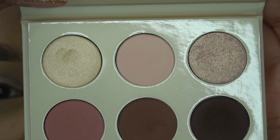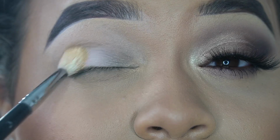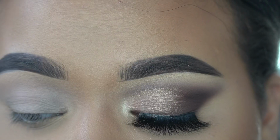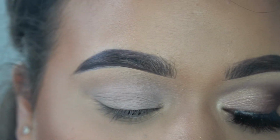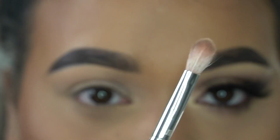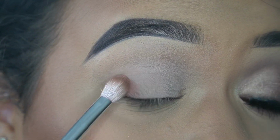You can create any daytime look or a nighttime look. The first shade is called Etched in Stone. A nice blending brush, and then just set it all in place. Next shade we're going to go into is this pink shade, called Just Married. Beautiful rosy mauvey pink. Blending brush like this, and I'm going to start setting it from the outer corner,